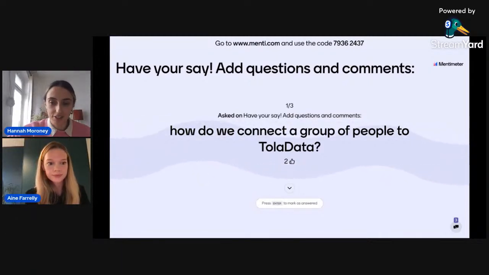Yeah, and holistic, I think, is a lovely way of describing it. And thank you for the very kind comment, because that's exactly what we're aiming for. It's something that you can use for every aspect of your program lifecycle, from collection to monitoring and evaluation. There's also sections for project management and task management that we didn't even get to touch on today, because we really just wanted to talk about digitization in general and not just focus entirely on TolaData, but there is more to learn there if you're interested.